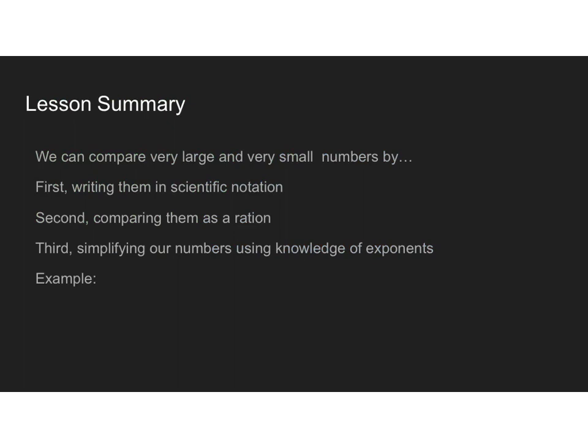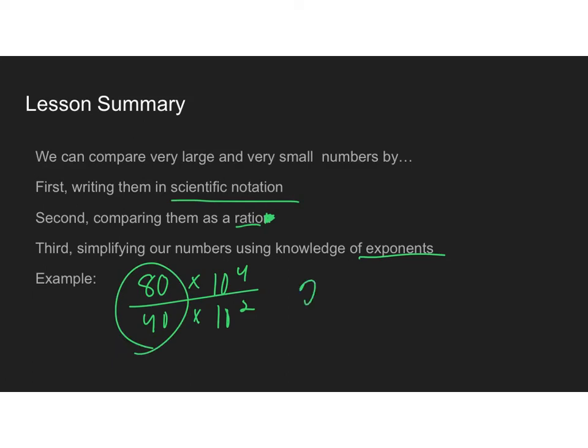All right, our closure for today, just to summarize what we've done: we can compare very large and very small numbers by first writing them in scientific notation, then comparing them as a ratio, and then simplifying our numbers using our knowledge of exponents, or those rules that we know. So maybe we have 80 times 10 to the fourth over 40 times 10 to the second. Well, 80 divided by 40 is 2. 10 to the fourth divided by 10 to the second is 10 to the second. And then sometimes in our special cases, we can rewrite this out as an actual number. This would be